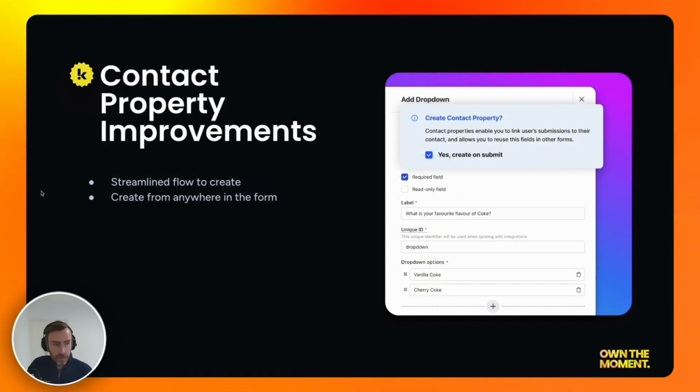And last but certainly not least, since building out our CRM product in the platform, we've been focusing on making it as easy as possible for our customers to create campaigns that continually enrich their customer data. This month we shipped a number of features and improvements to our forms product that make contact properties the default experience. What this means is that by default, all of the data collected in your forms will be used to enrich that contact or customer profile, which is obviously really good in a world where first- and zero-party data is becoming more and more important.